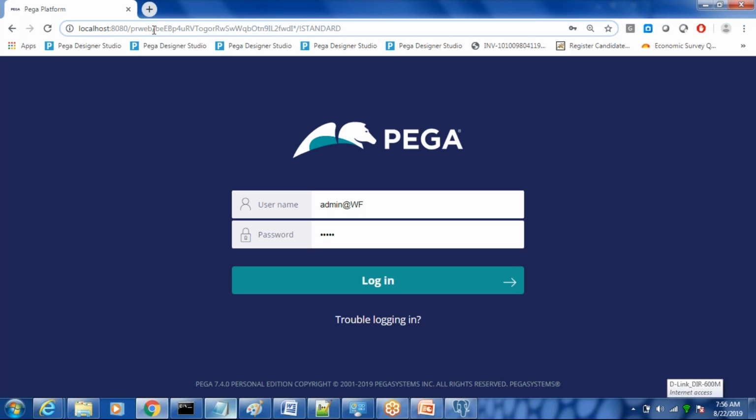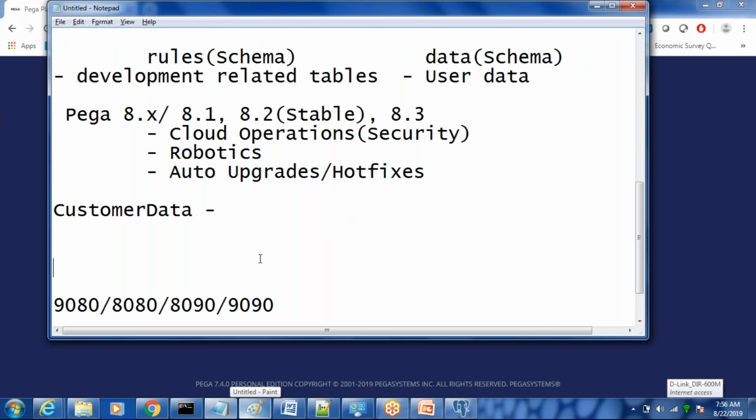Later on, you have to specify the servlet context, which is PRWeb. For any web application to run, you need to specify the servlet context, and PRWeb is the servlet context here. In order to run the Pega server, we need to specify it to see the tool to log in.